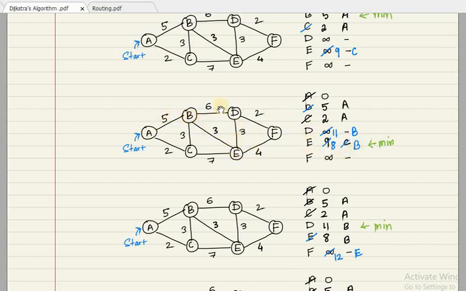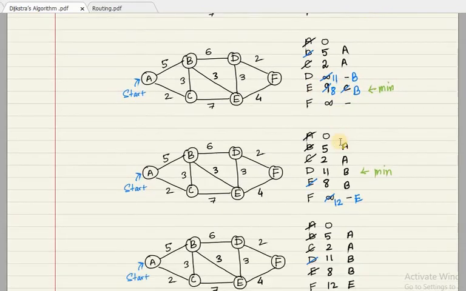There are no more links. We have already gone through the links we have, right? So now we again have to do the same process of finding the minimum cost among the rest of the nodes which are not visited. So we have 11, 8 and infinity. Out of 11, 8 and infinity, which is the minimum? Of course 8 is the minimum, and that's why we can see here it has been marked as minimum. So the next node that will be considered is from this particular row.